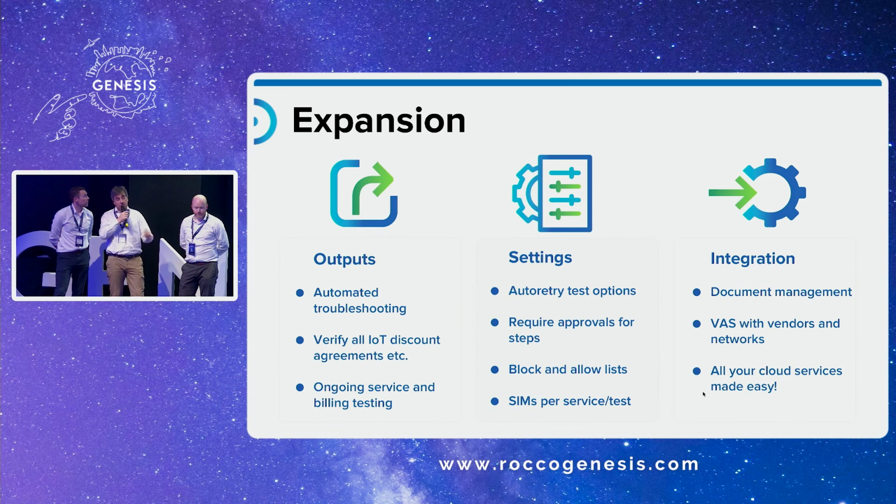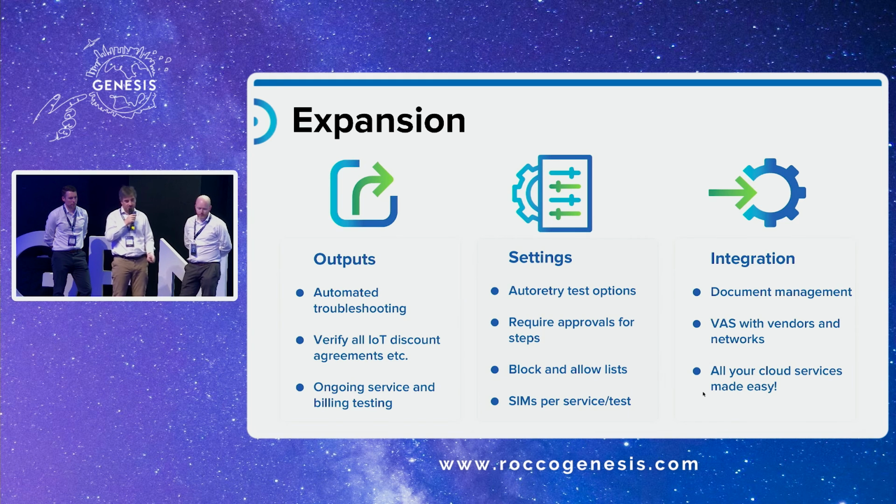So RoamBot is more than just accelerating the launches. We see that it can go further. With the API integration, it can be used for revenue assurance, service assurance, for repeating testing. It can be used to fetch traces, logs, and then the settings of RoamBot will allow operators to control what is automatically validated or not. And we can also blacklist or whitelist networks, and further integration with a third-party data management tool for IREG,